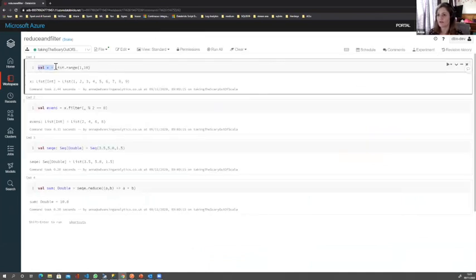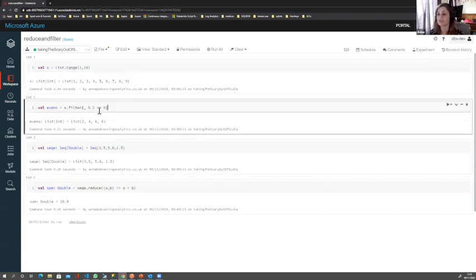So we're defining a val of x, which is going to be a list. This range is literally just saying it's a range of 1, 2, 3, 4, 5, 6, 7, 8, and 9, as illustrated here, where I've already run these commands. And then we're saying, I want to filter, and I just want all the evens. So anything divisible by 2 equal to 0. And that gives us the result of 2, 4, 6, and 8.